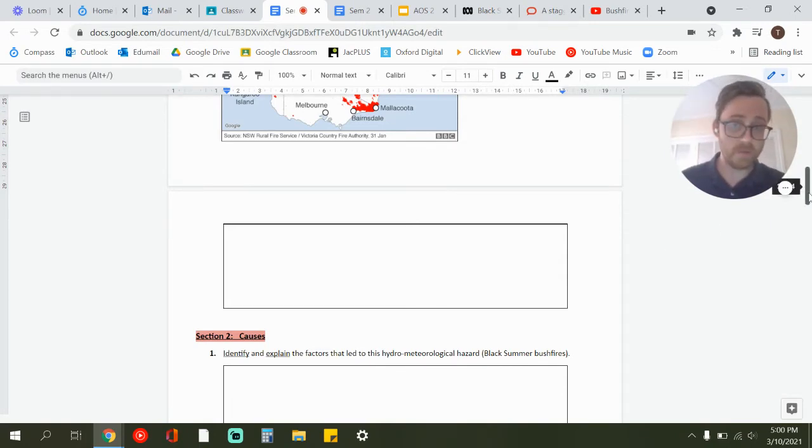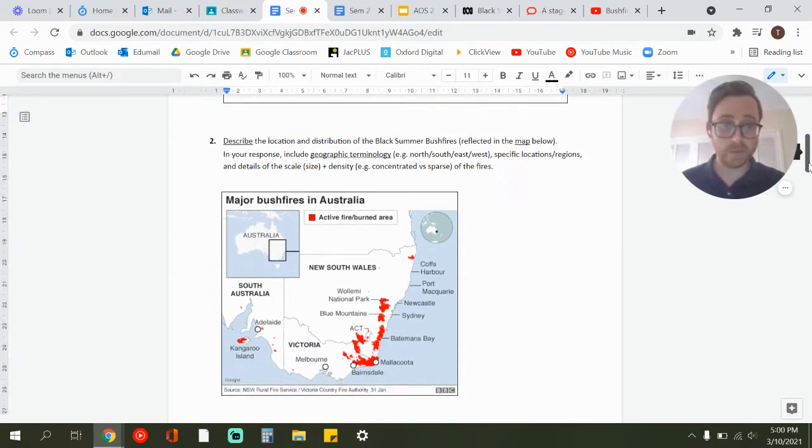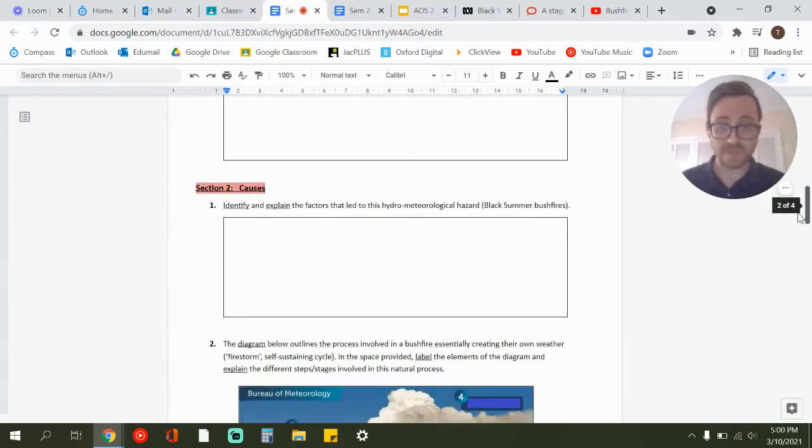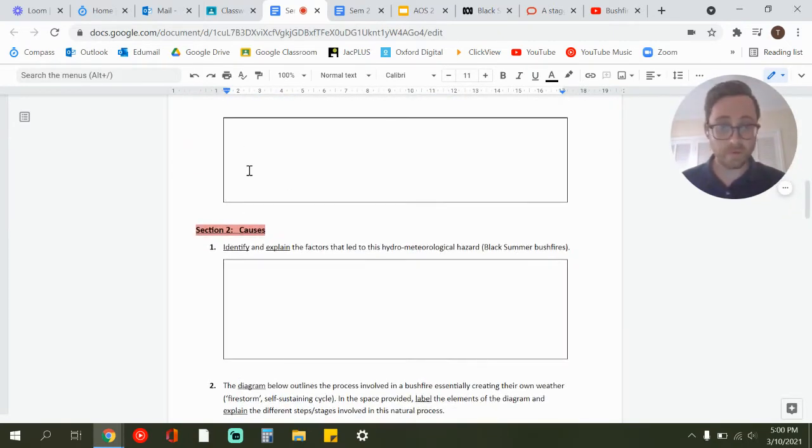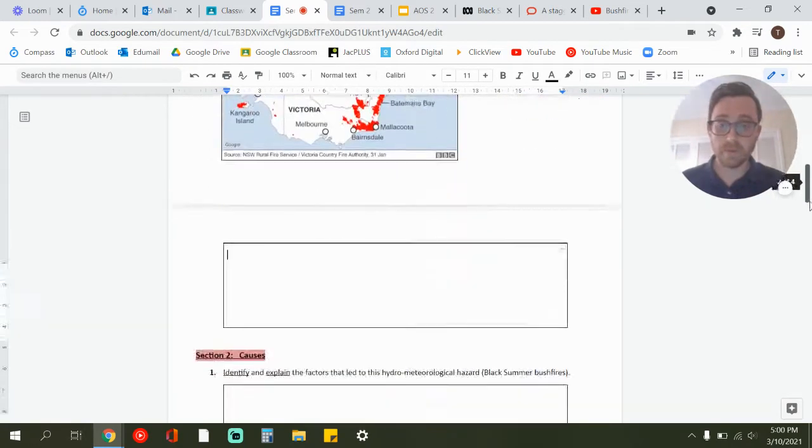So 3 or 4 sentences, a little mini paragraph for each of these questions. It's not an essay length situation. We have given you a box to write into, but you don't need to fill the box. Alternatively, you do not need to give me a 1-sentence response. It just needs to be good quality response that meets what you need to do in the rubric, which I'll look at later. And that's all I need to do for section 1. So it's literally 2 questions.